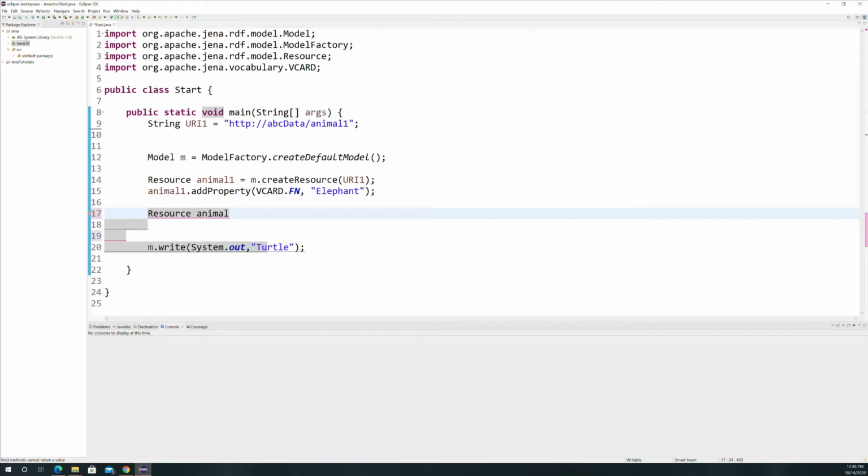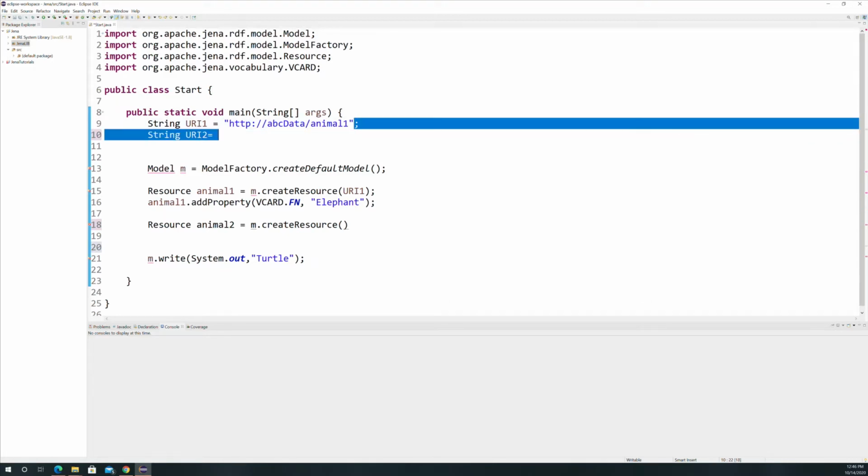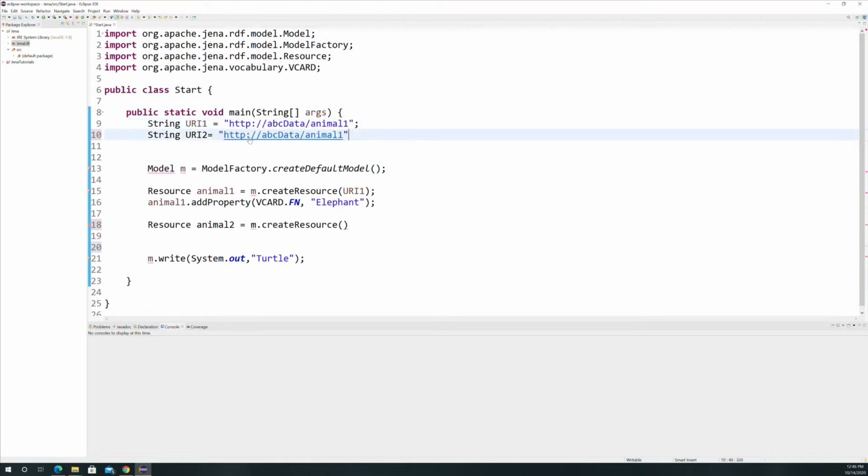Animal number 2, m dot create resource, and you're going to need an identifier for that. So create a URI number 2 that is the same, but just change animal 1 to animal 2, semicolon. Create resource in URI2 with URI2 dot